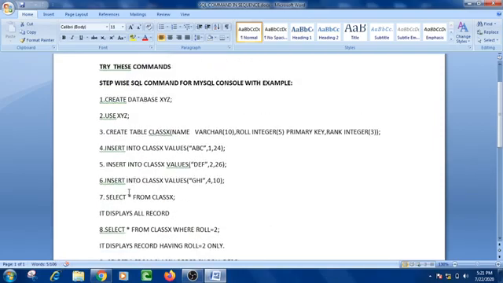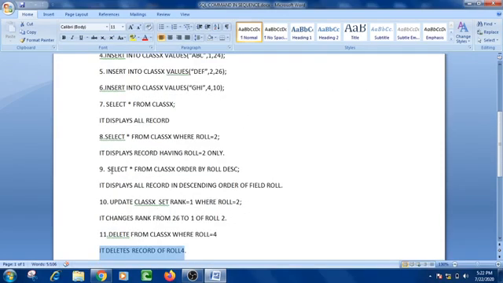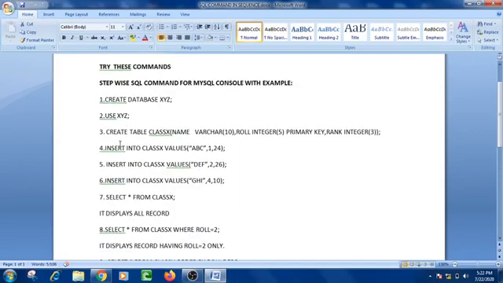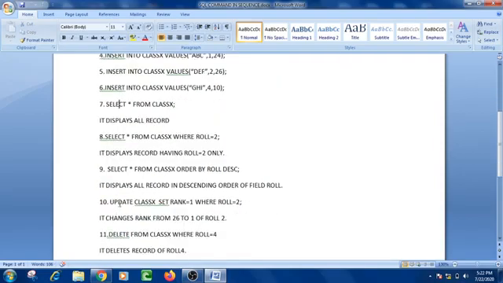So these are the commands: create command, insert command, then select command, then update command, and the delete command. They are part of your SQL in the standard 10 CBSE syllabus. That's why I have decided to give you an overview of these commands.